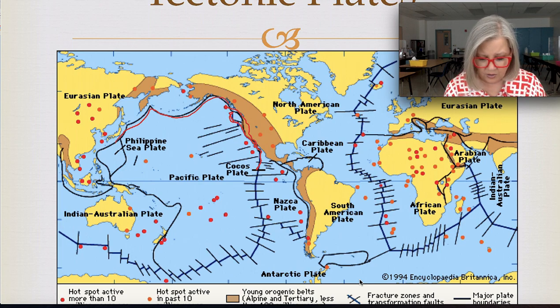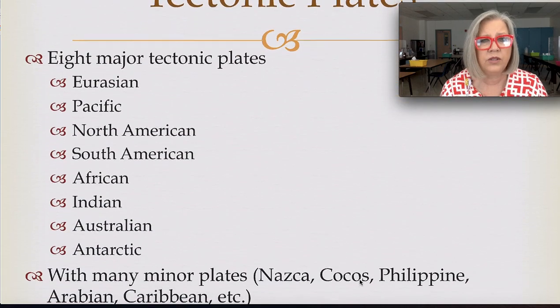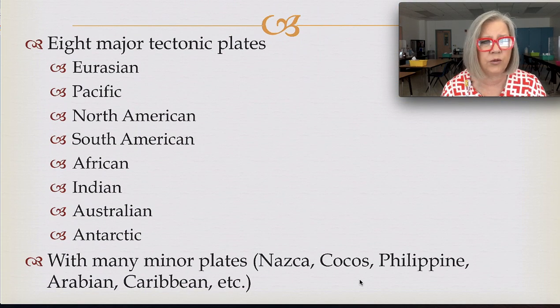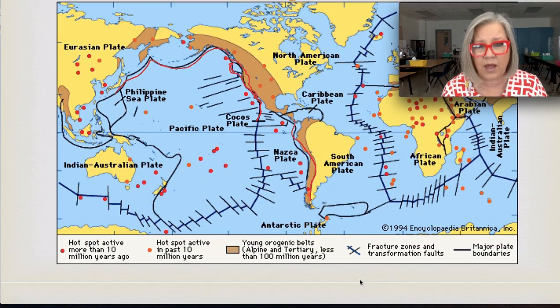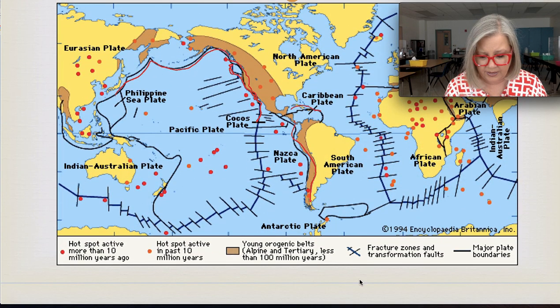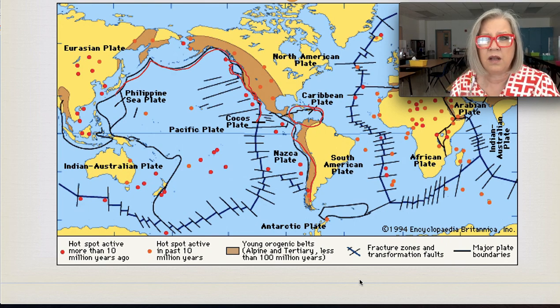South America also has this large Nazca plate that meets the South American plate, and at that border there's lots and lots of activity that happens. So the tectonic plates, the major ones are here. You'll notice that they either correspond to continents or to oceans, and then there's some minor ones as well. Just because they're minor doesn't mean that we don't know a lot about them. So if you look at the Caribbean plate right here, this is the one where the big Haiti earthquake happened